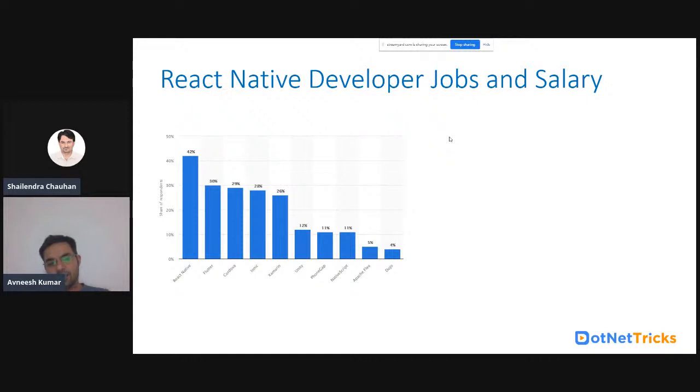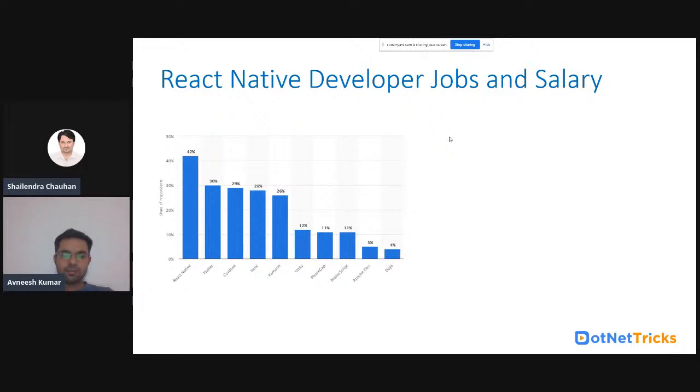Now the second thing, Flutter, is still growing, and Google is developing it a little bit fast. So in future it will always have a good future. Cordova, Ionic, Xamarin now have just an average share of the market.